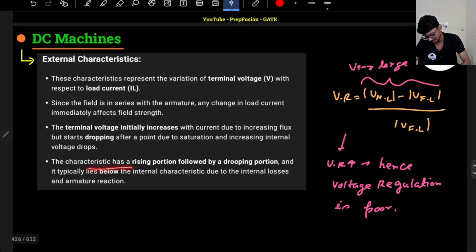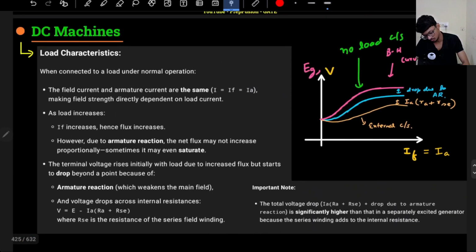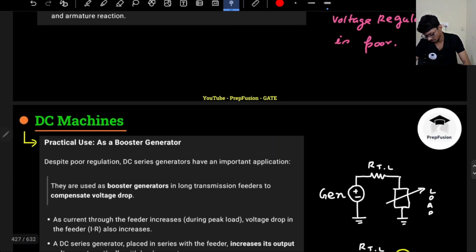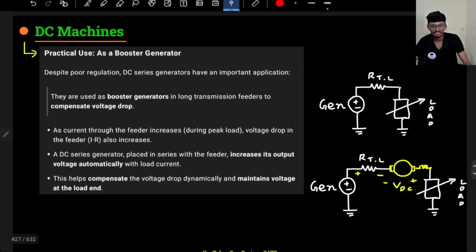The characteristics has a rising portion followed by a drooping portion and typically lies below the internal characteristics due to internal losses and armature reaction. So this is known as the internal characteristics, and typically it will lie below it. Typically it is used as a booster generator. What do you mean by booster generator? Basically, if I have a generator here, and the load current increases very high,